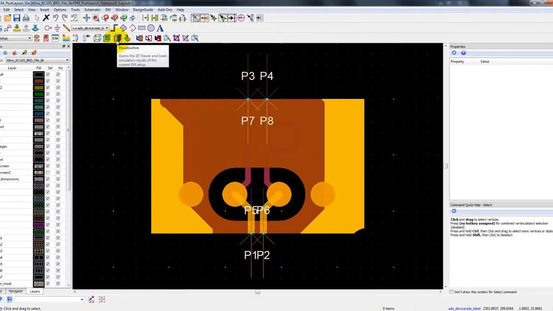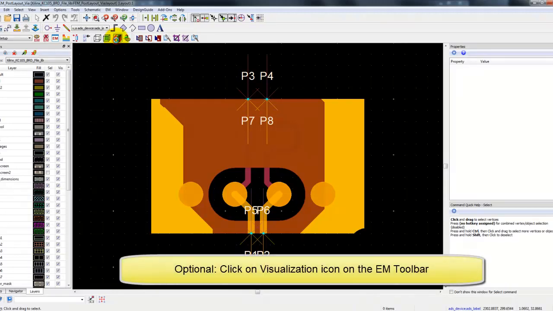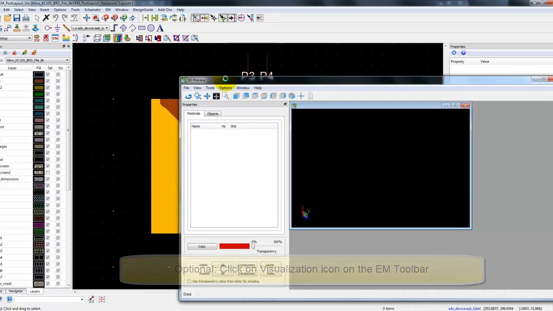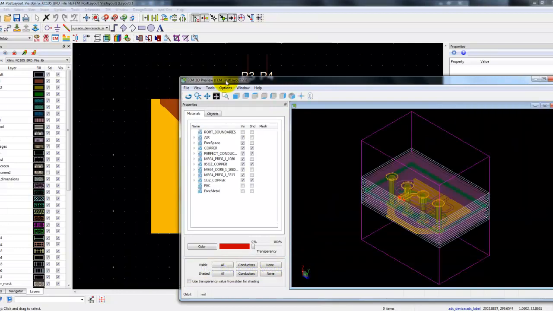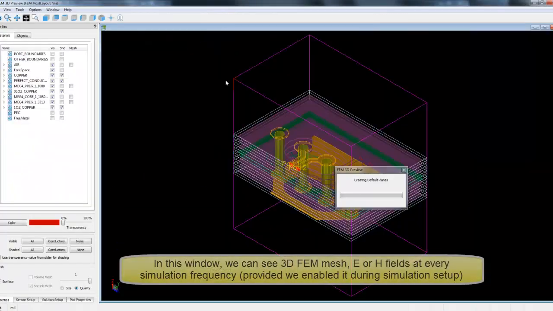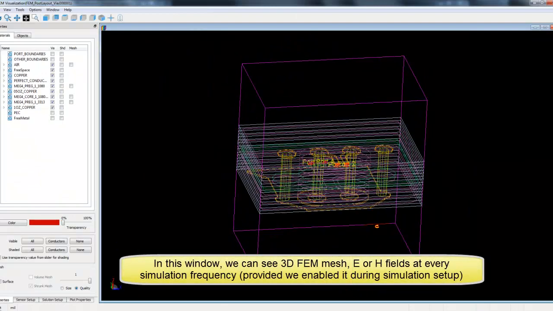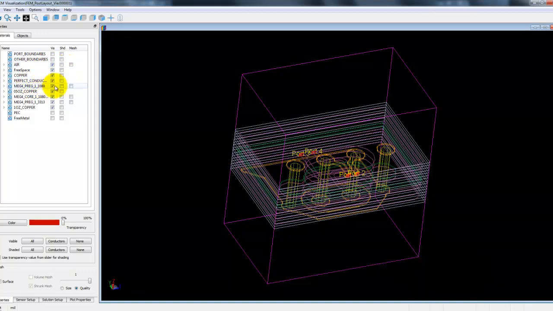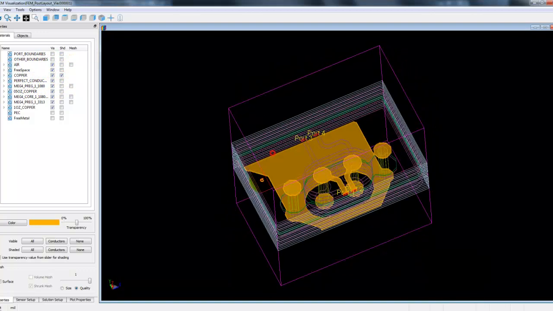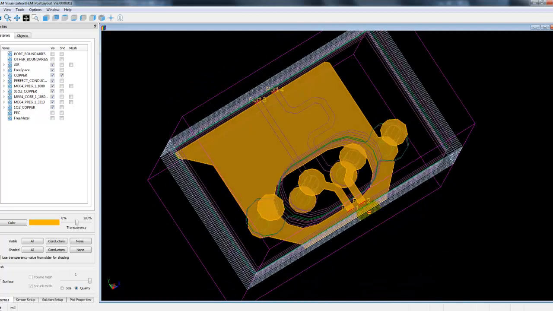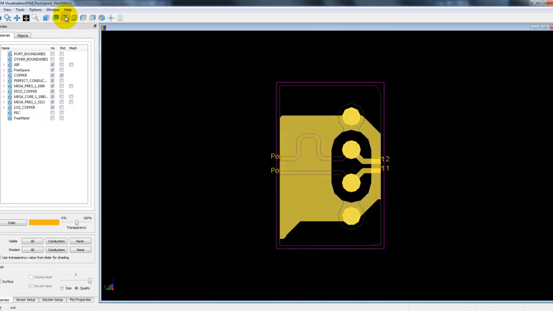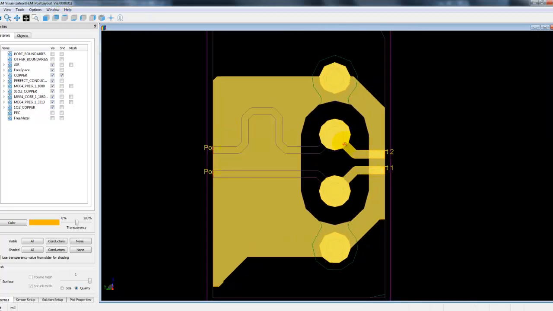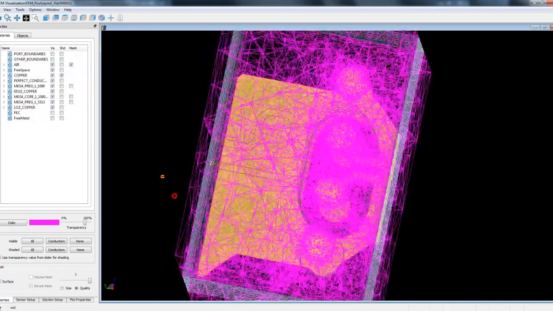To gain more insight into the FEM simulation, we can click on the visualization window. This is more like a 3D field plotting window where we could see the E field, H fields, and how the meshing has happened during the FEM simulation. We can notice we have air and the various dielectrics. We can enable or disable any of those layers to be highlighted or keep them in outline mode. And we can also switch on the mesh in either the air or any of the other